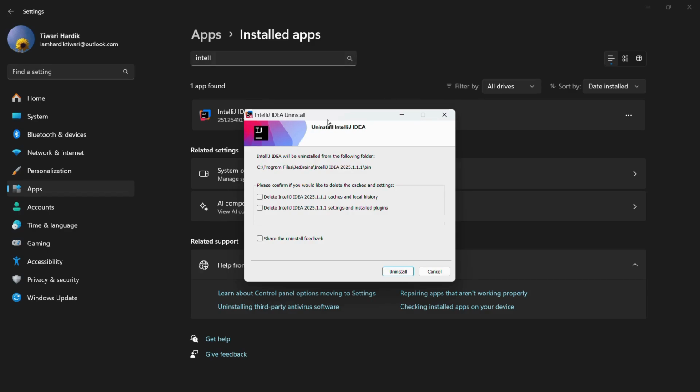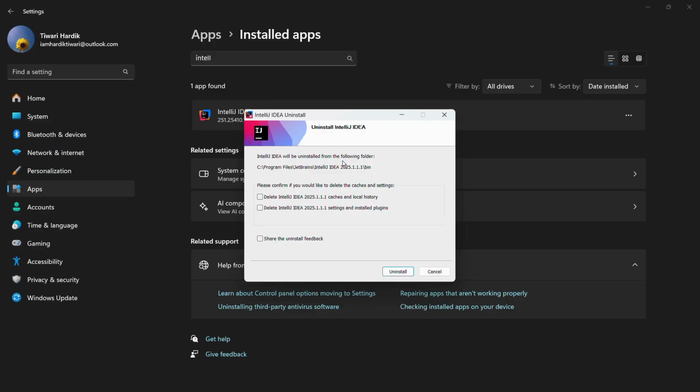Here it is saying the uninstallation IntelliJ IDEA, and IntelliJ IDEA will be uninstalled from the following folder. So this was the parent folder where the IntelliJ IDEA was installed, and this action will uninstall the IntelliJ IDEA